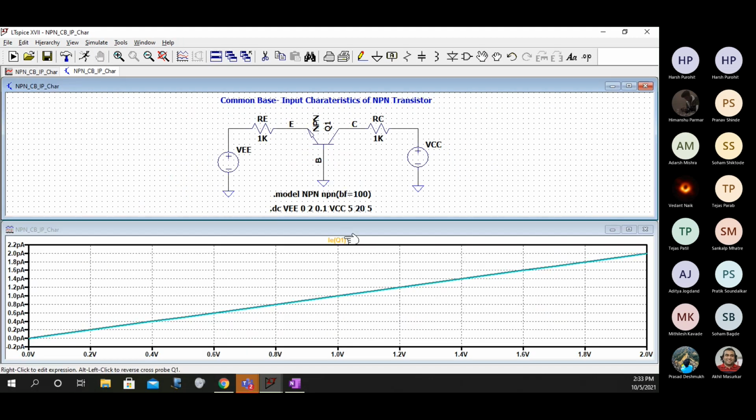Something is not proper. IE is correct. Emitter base junction, so NPN followed by collector junction. It is reverse bias, it is correct. This is 1 kilo ohm.